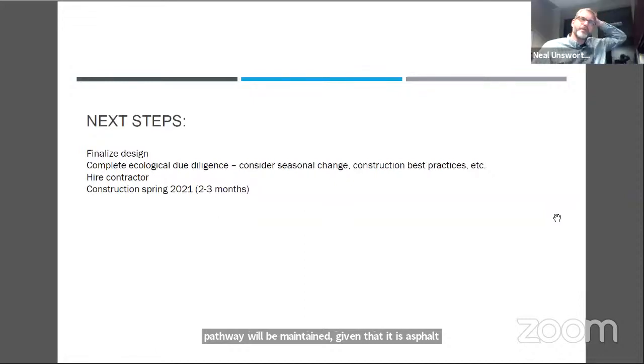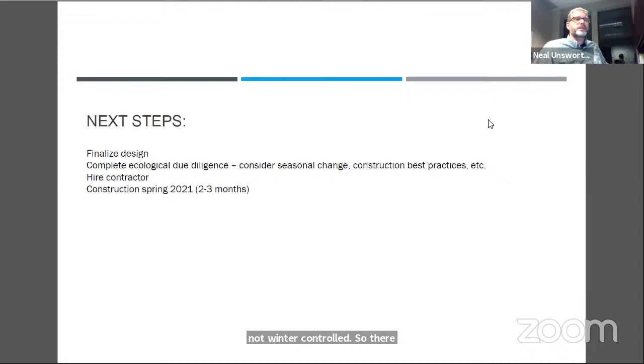Thanks, Anna. Yeah, so compared to the clay dirt track that is steeper, the asphalt pathway will be significantly less slippery. It will not be maintained in the winter. And the city has to post a sign that says not winter controlled or doesn't receive winter maintenance. So there will be no winter maintenance on it, but our experience is that the slipperiness will be significantly lower